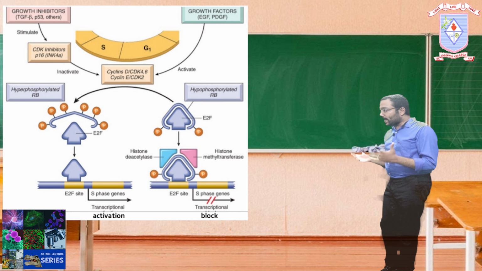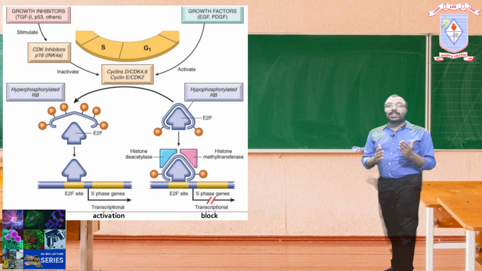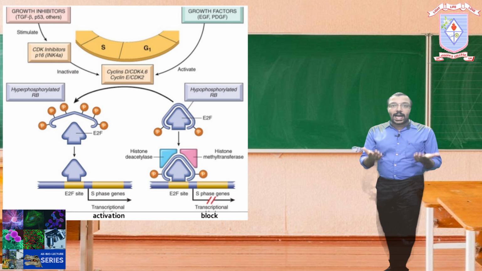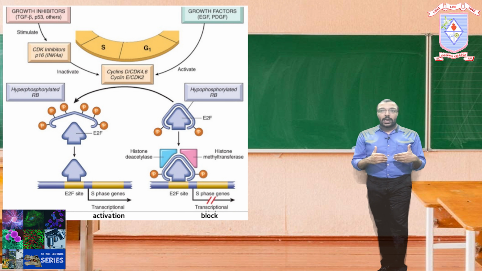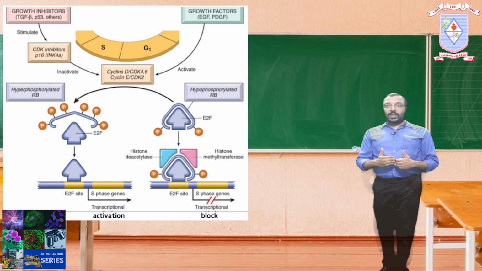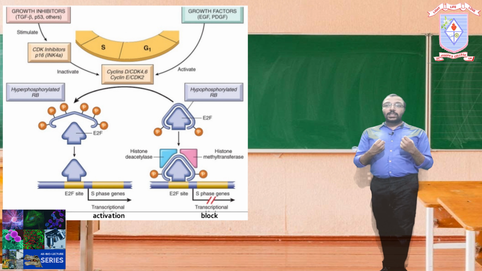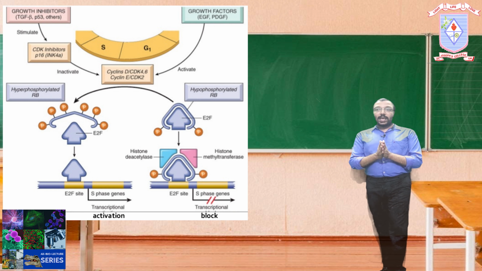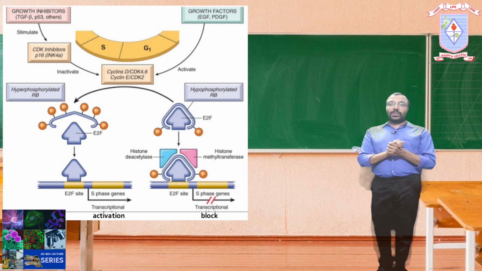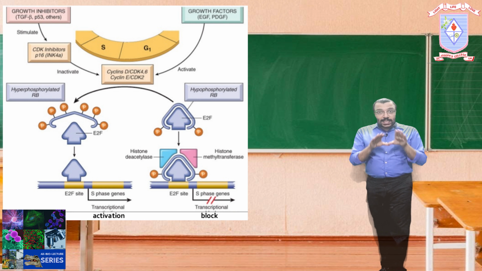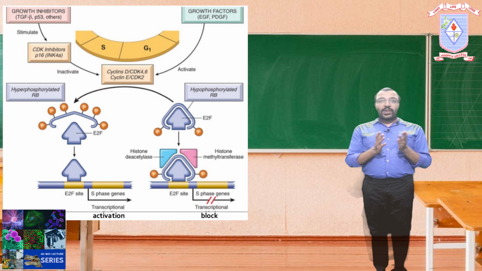The histone deacetylase or HDAC is an enzyme that removes the acetyl group from the histone protein on DNA. And HDAC also recruits the histone methyl transferase enzyme to the DNA, making the DNA less accessible to transcription factors